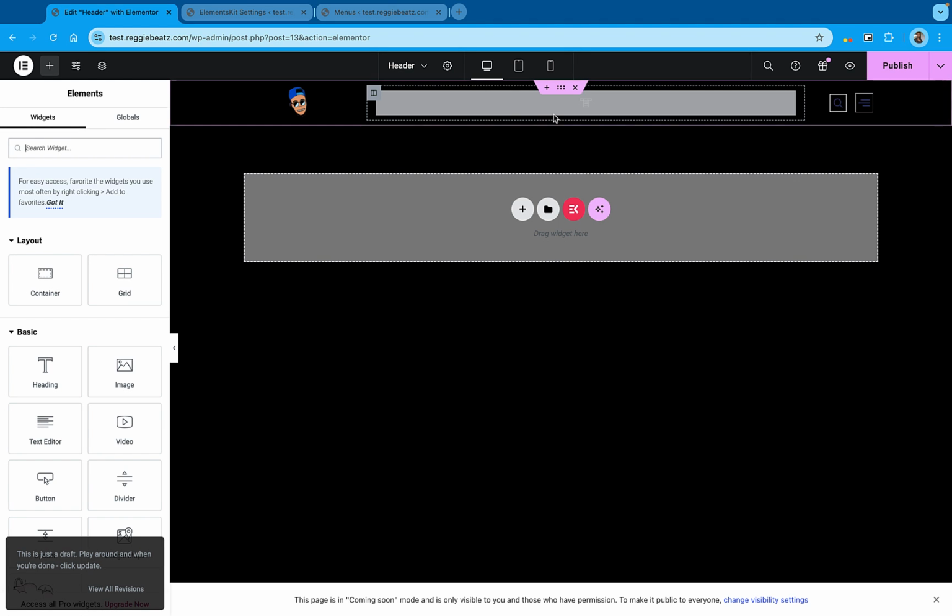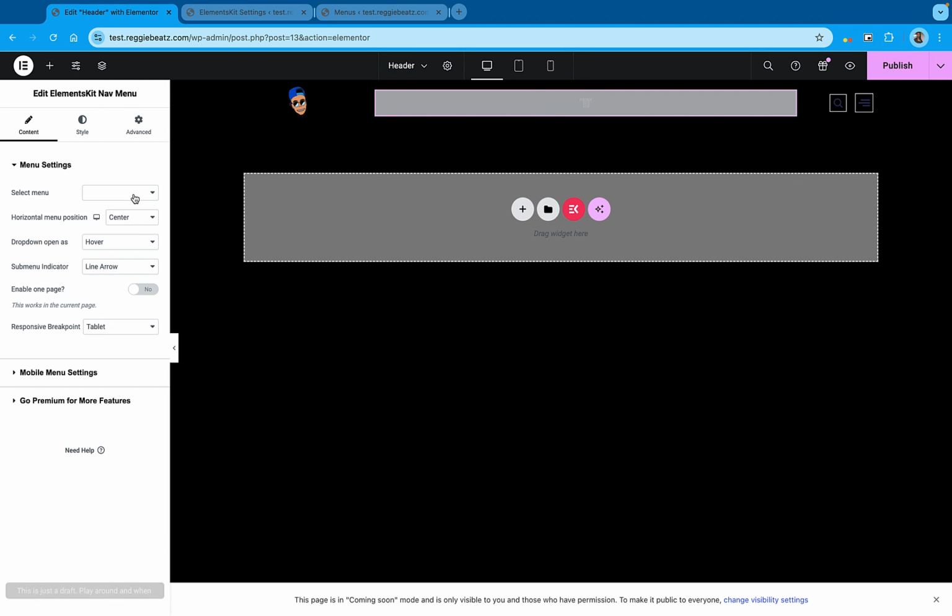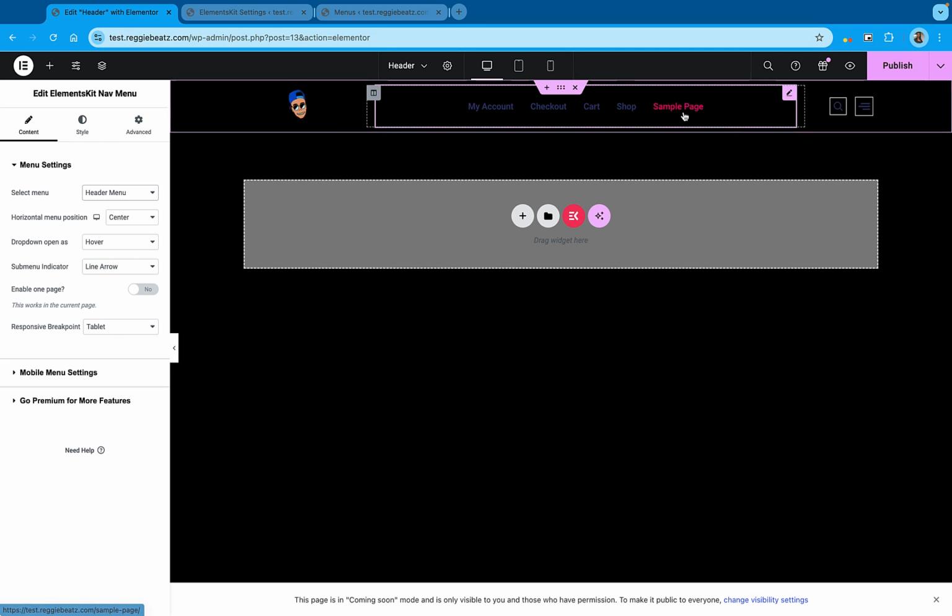Okay, cool. Let's click on the menu, and now when you click on Select Menu, here's our header menu. There it is right there. Okay, cool. Here's our menu. That's how it appears currently. All you have to do is just change the color so it can look brighter. So let's go to Style,